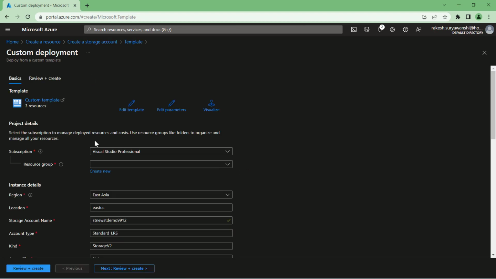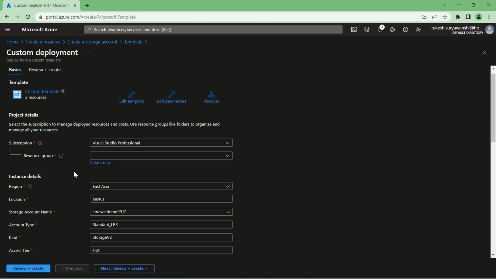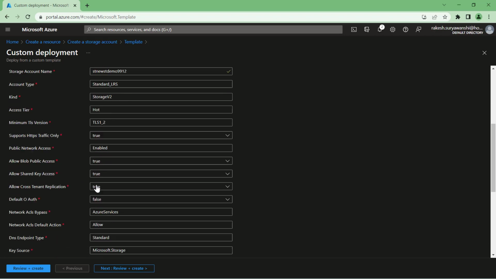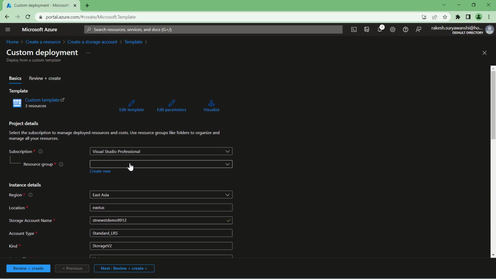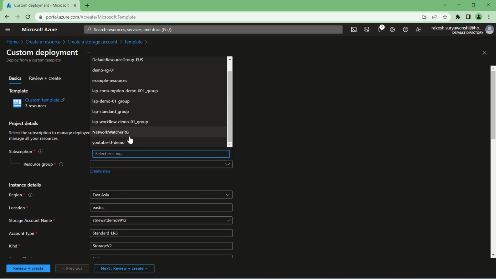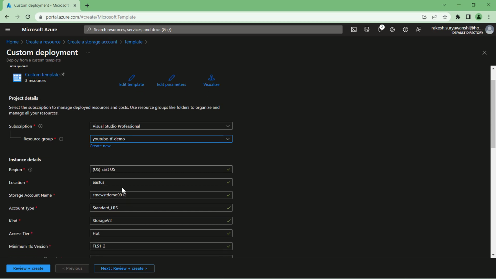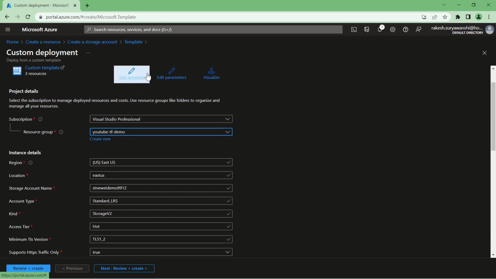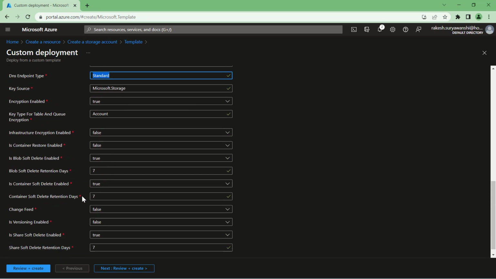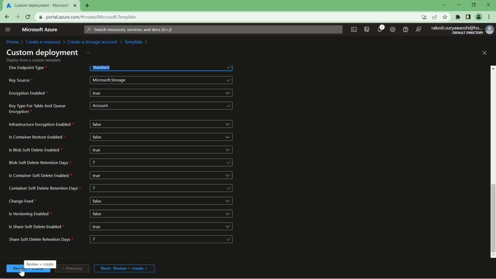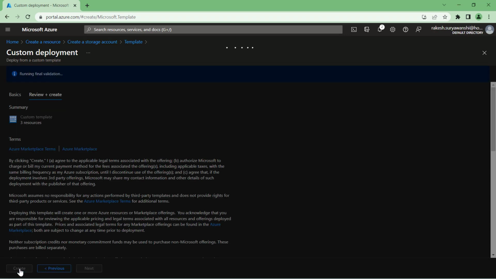I've clicked on the deploy button. As you can see, now we can see all those parameters which were available in the ARM template section in the JSON mode. I'll select my resource group again. If you want, you can click on edit parameters or edit template and modify the parameter values, or you can modify the parameter values right here from this particular section. I can click here on create and review,